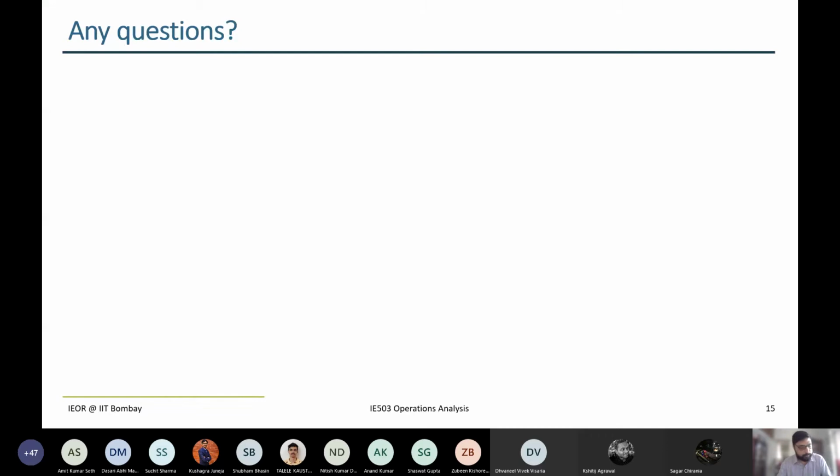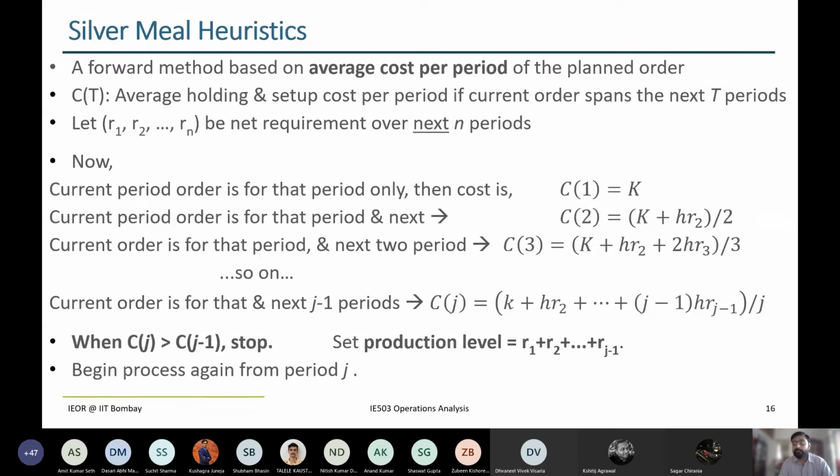Now let's move on to what is called the Silver Meal heuristic. Again, remember we need to get a balance between the holding cost as well as the setup cost. So people have come up with various heuristics which they can quickly implement because the demand, or how much quantity is required, is known. We are not worried about stochastic distributions. But again, it is not a constant number either. We know some fixed values over multiple periods. So demand is deterministic but still variable. That is the case we are trying to solve here.